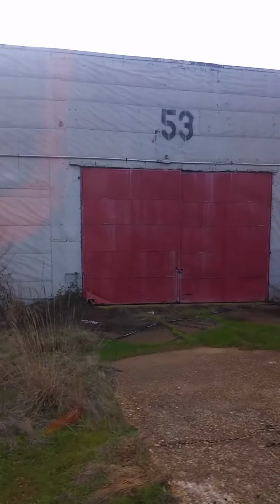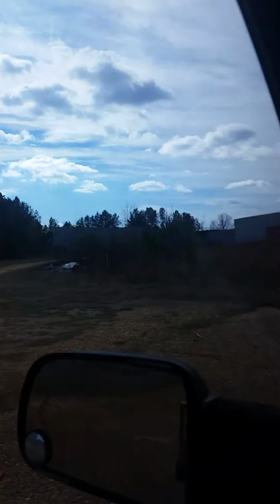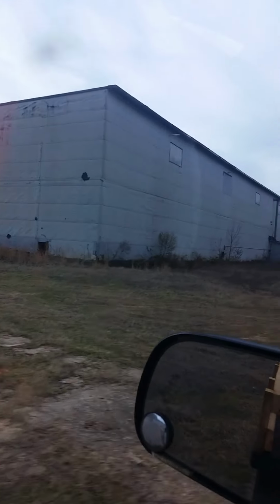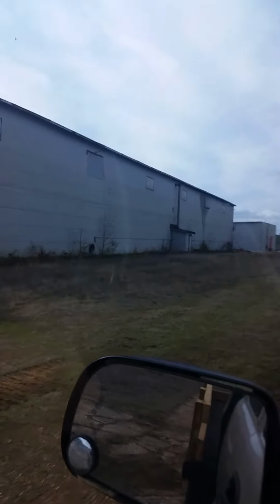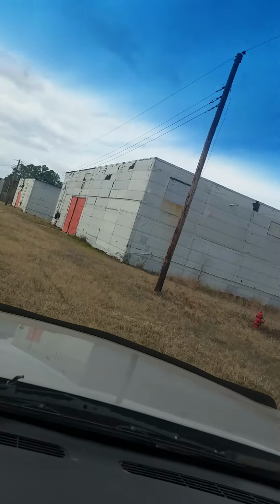I'm going to give a little bit of a window tour on the complex of the warehouses that are to be coming down. This would be a second video posted on YouTube of this demolition project in northern Louisiana. There's about 1.3 million square feet of warehouse